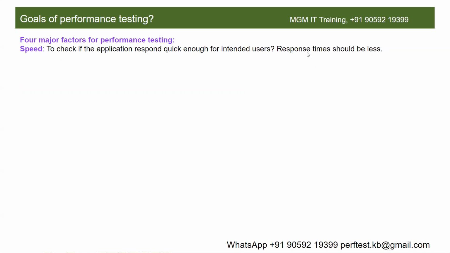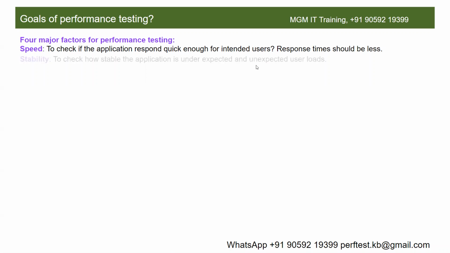Can you note it down if someone is taking running notes? You can take it in Notepad, guys, rather than writing it with pen and paper. You can take it in Notepad or a Word document. Better use Notepad++. Please don't use Notepad, use Notepad++, right? So response times of each page should be within the SLAs. That is the first thing.